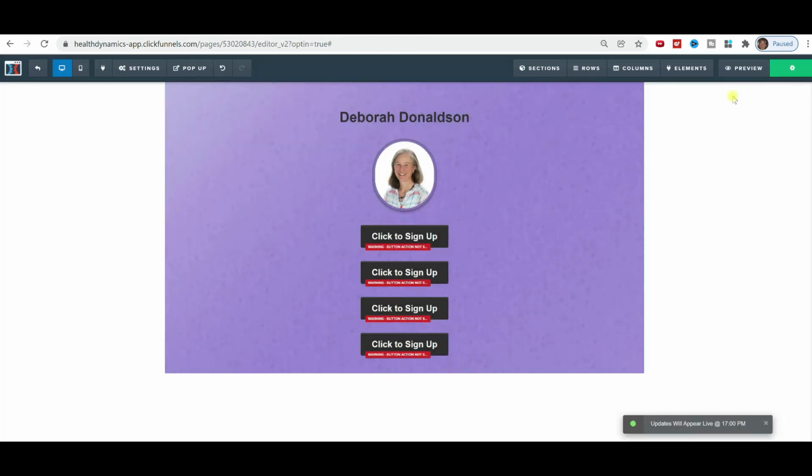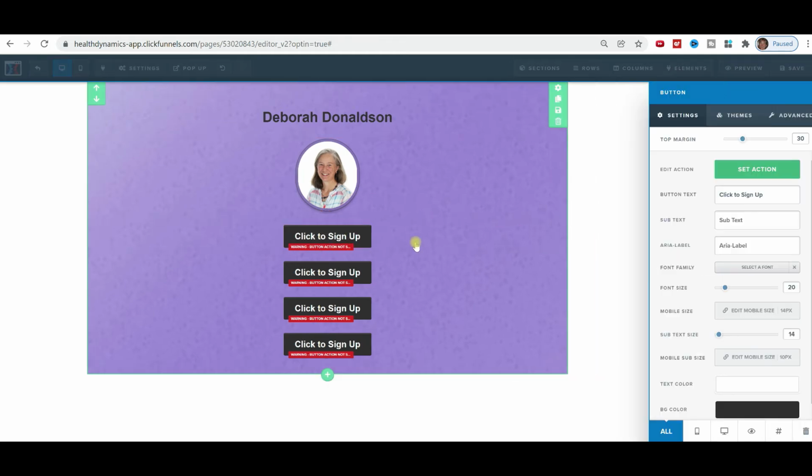Save. And then all you need to do is on your button, you would go to your settings and you're going to set the action. So you can see here in red it says warning, button action not set. So where it says click to sign up, you could say flag shot 7 iron,